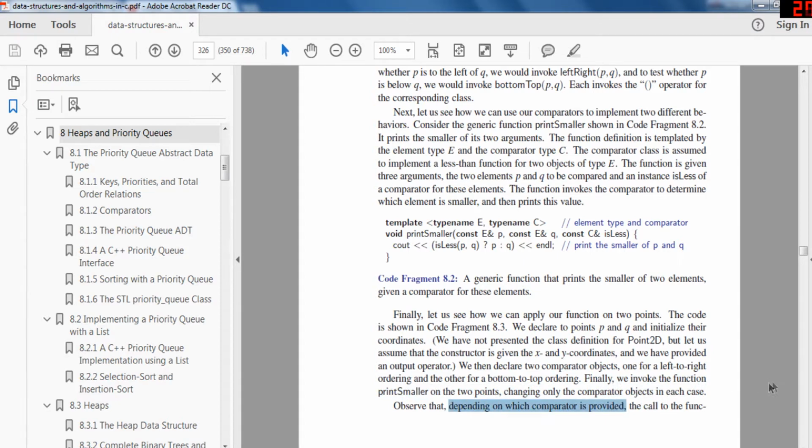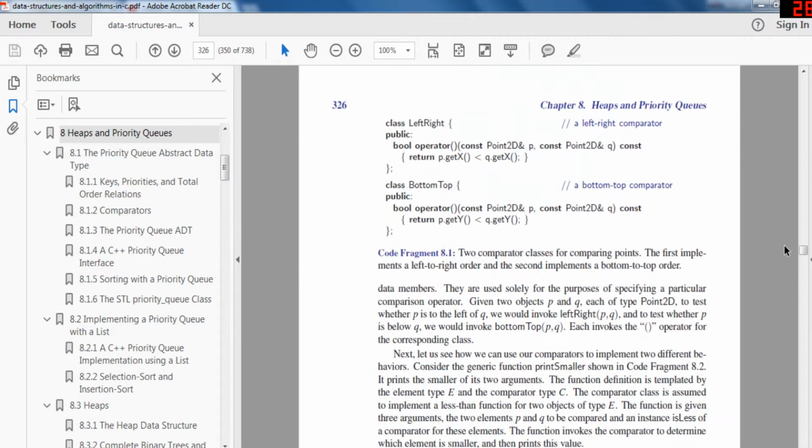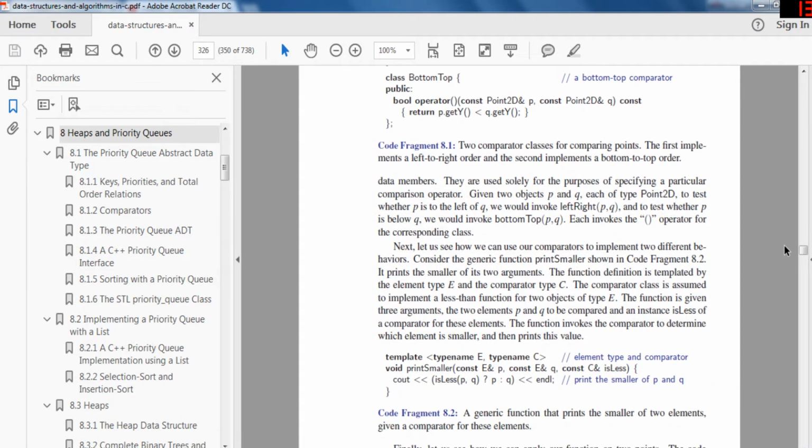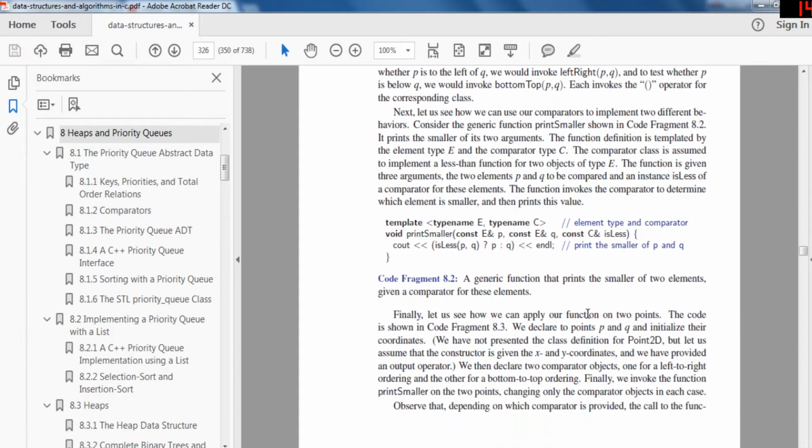Observe that depending on which comparator is provided. So they pass in a comparator, and to compare, the class that they had is less. The class, basically, you could pass in whatever the overloaded operator for who has more priority. That's what they're saying. So here you could pass in the left and right to compare the left or